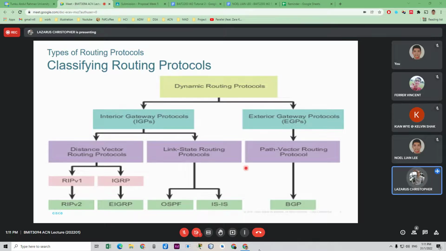And then we have the exterior, which is for the larger area. We have the path vector routing protocols, and it's called BGP, right? So this places our OSPF in the context of other protocols, as you can see here. That means OSPF is for your own area, interior gateway protocols. And then if you want to go beyond, you have to consider other protocols like BGP,